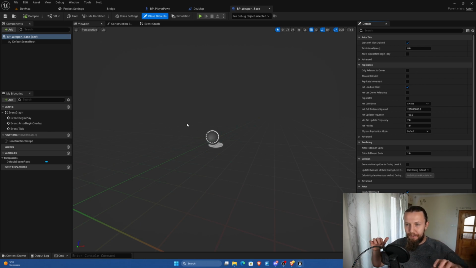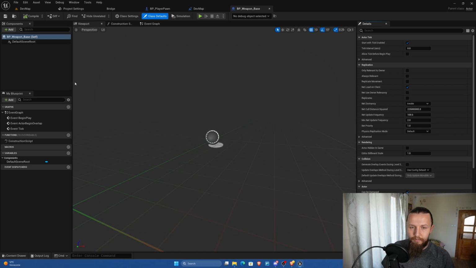Therefore, I want to use this BP weapon base as a base for other weapons. So we're going to contain only the logic thing, basic logic thing, plus probably in the future some actor components that are related to separate logic,